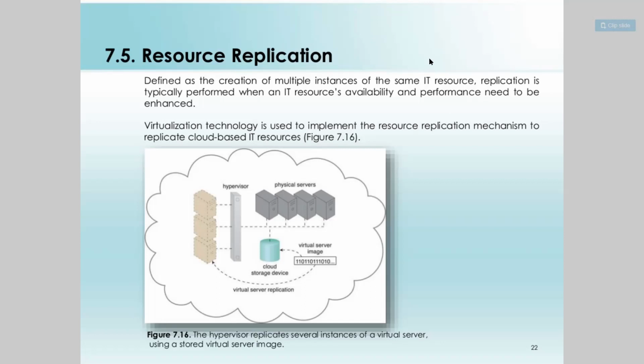Whatever resources are there, you can replicate those resources by just creating a virtual server image. Once you have created a virtual server image, you can use that with the help of the hypervisors. It can be shared across different platforms easily. Here you can see in your diagrams, your hypervisor is replicating a virtual server with the help of the virtual server images, because all your data and IT resources are usually saved into your virtual servers.